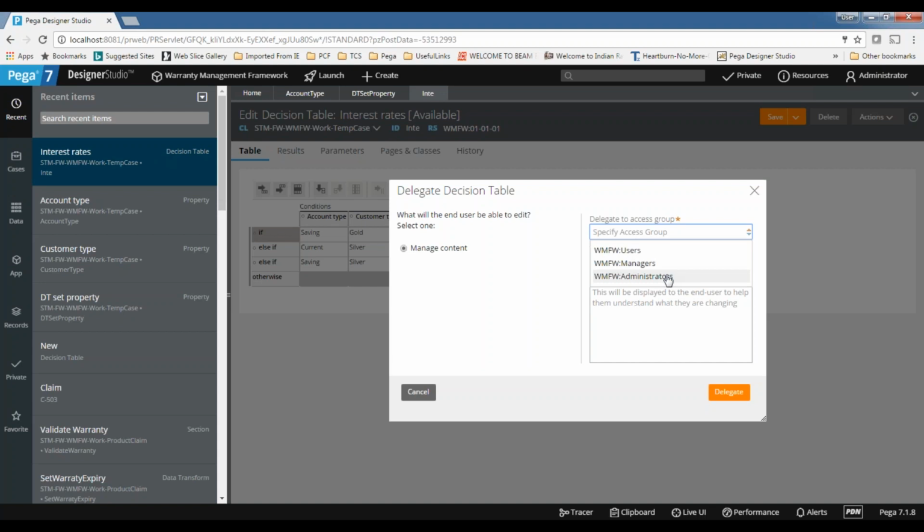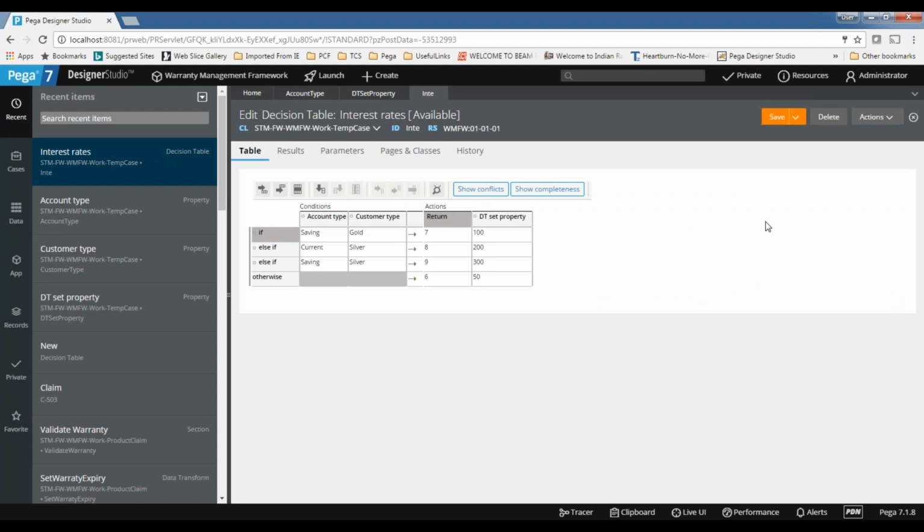So here now I am giving administrators, and then I am giving the label like interest rates, and you can give a description. Here you can manage interest rates, some description I am giving. Delegate.